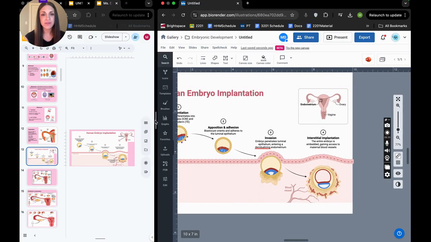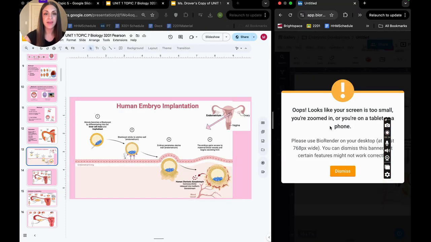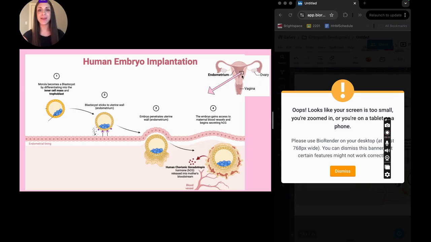And the end result, after moving things around, looks like this. This is all they need to know. I've kept the image at the top right. I thought that was a great way to orient them at the same time of seeing where that implantation process is happening. I added a little arrow because you can never go wrong with a little bit more clarity with your images for students. And then you see stage 1. We've changed some of the terminology,